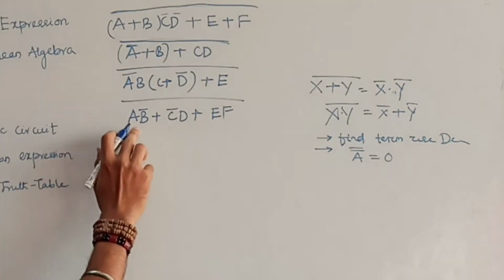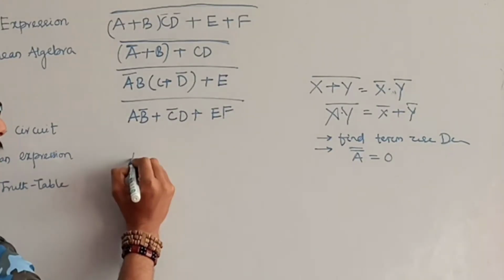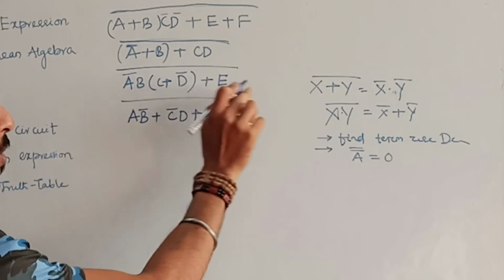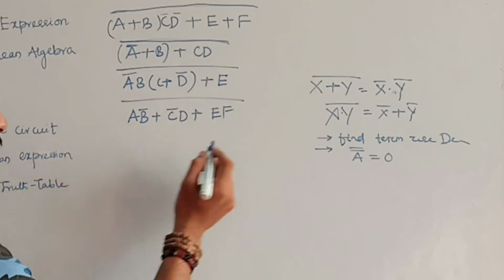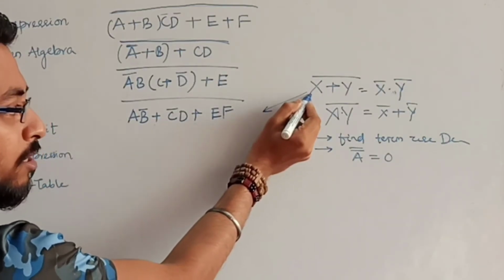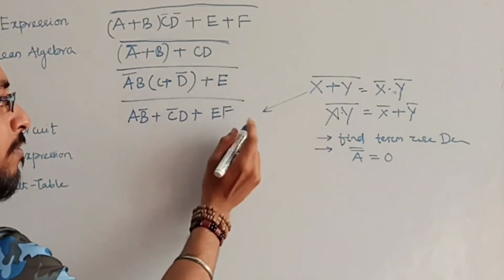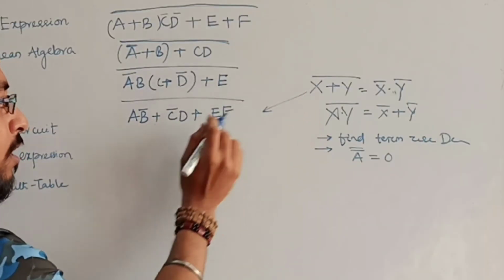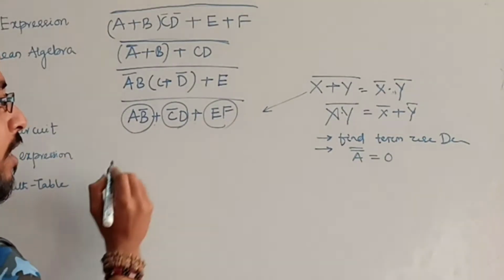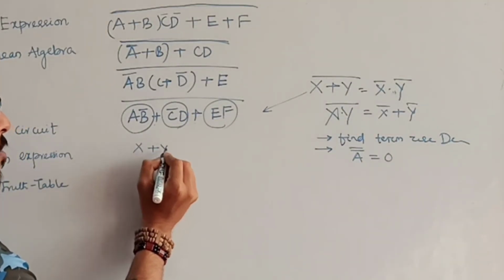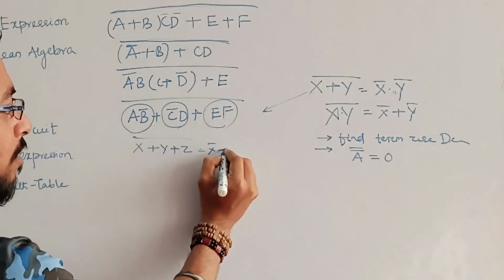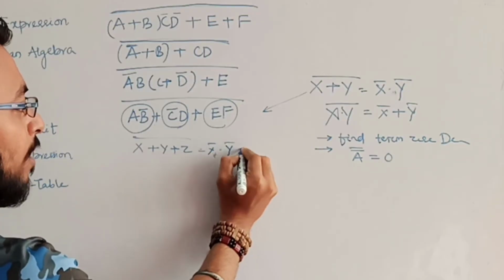Okay. So now let's solve this first one. It is given a plus b bar plus c bar d plus ef whole bar. Now you can see, here there are plus terms, means I have to use this second rule or the first theorem, whichever it may be. Then I have to take each term as 1 unit. This is 1 unit, this is 1 unit. Means it looks like x plus y plus z whole bar. Then I can write x bar dot y bar dot z bar.